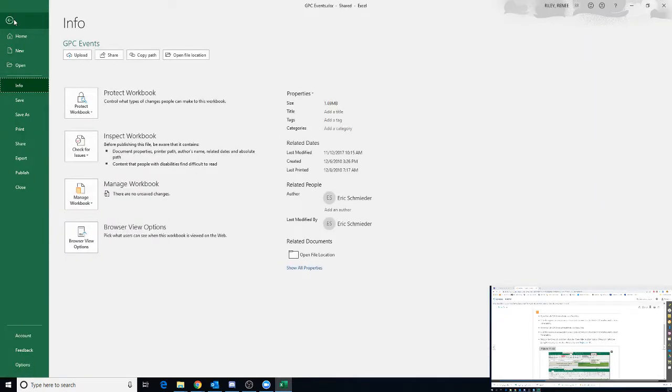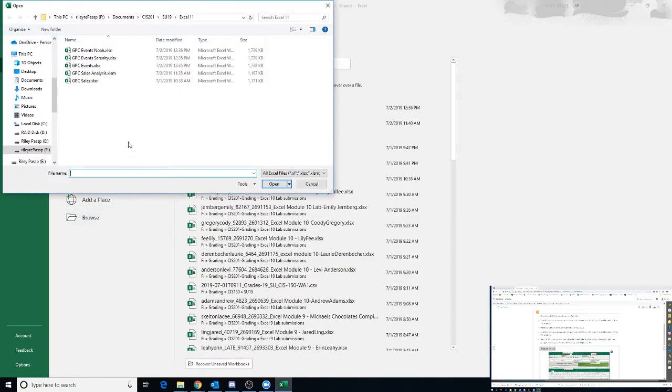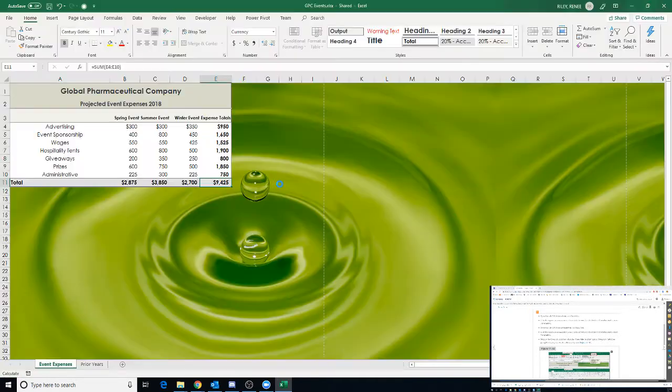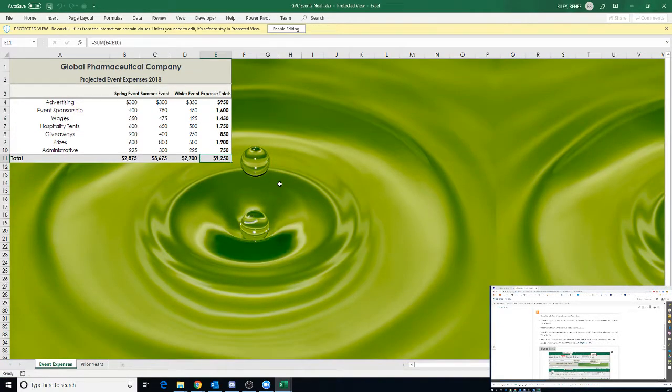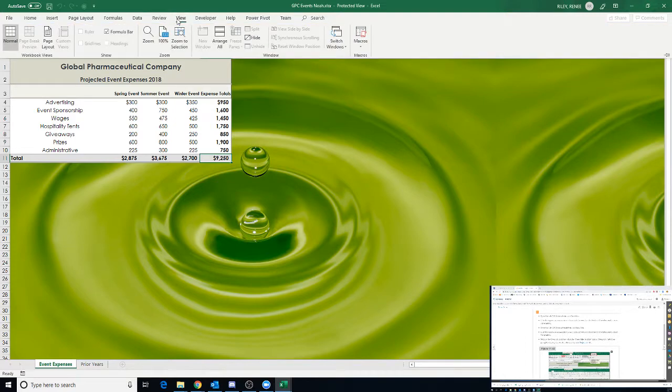Okay, sorry, when you open the GPC events NOAA. Now I want to be able to see both of these, so I'm going to go to my View tab, and on my View tab, under my window group here, I have some options for how to arrange things, and I'll click View Side by Side,